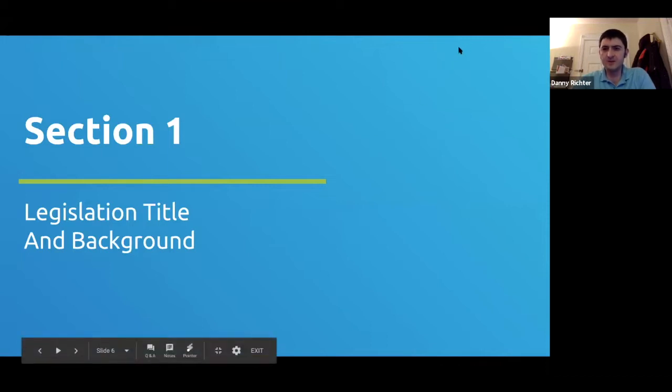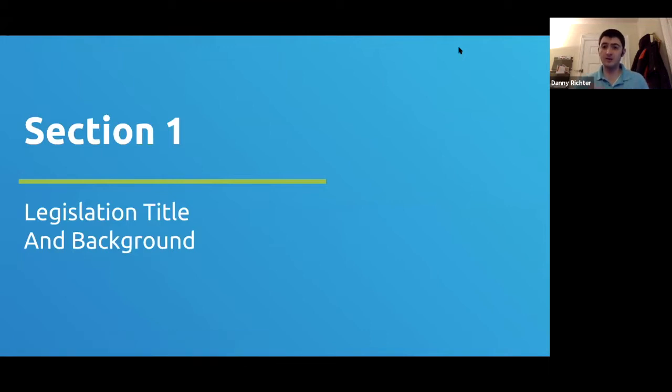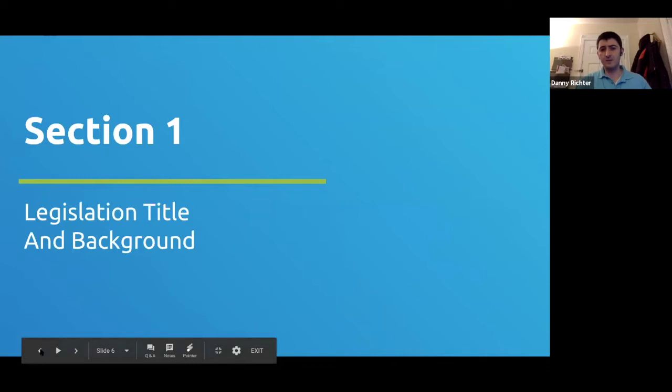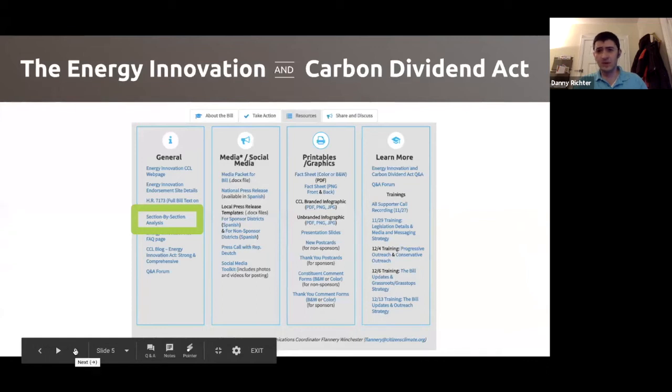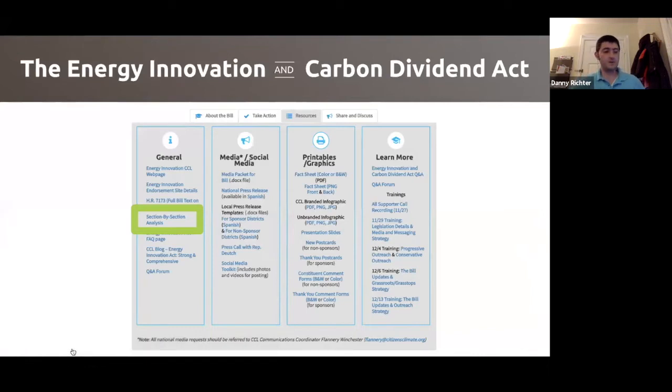So as Brett said, what we're going to be doing is going through the section by section of the bill. This document, which is available to you on CCL Community, that was the slide that we just showed right here. This is very close to what we were using to shop this around to members of Congress on the Hill. So we would take the section by section that is available right there on Community. That would be the template that we would go off of in offices, and now you have it. It just goes through all the different sections of the bill.